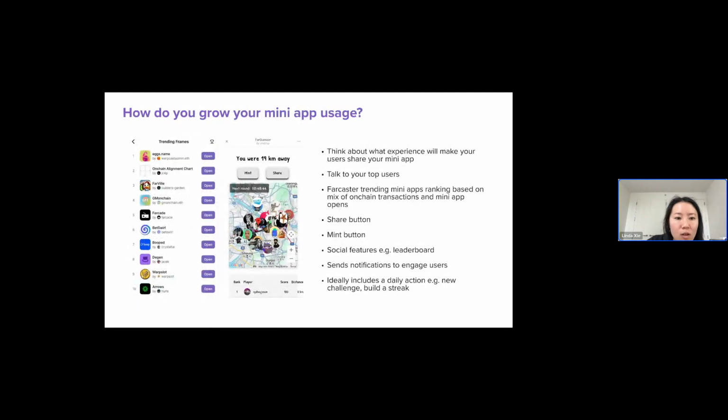Cool. So this is some general advice on how to grow your mini app usage. I would highly optimize around how you can get users to share your mini app. I think that is the most unique differentiator, where you can leverage the feed and try to create experiences that people want to share, like some accomplishment they had in your mini app or something they spent money on that they're excited about. It's otherwise a complete missed opportunity, in my opinion.